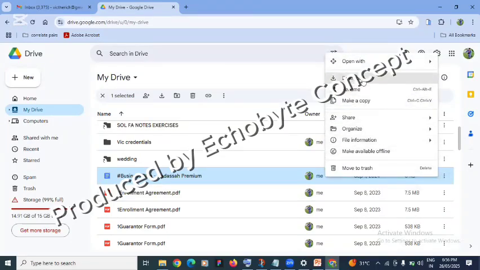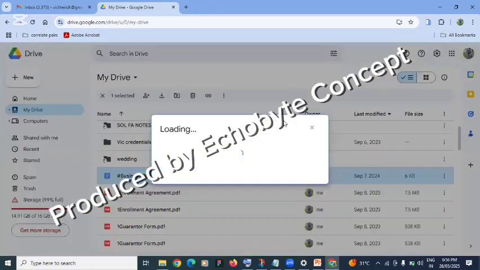I can download this file. I can rename this file. I can make a copy of this file and it will be two in this Google Drive. And here I can share the file. Now you share the file by adding people or by what? The link. All right. So when I click on share here,